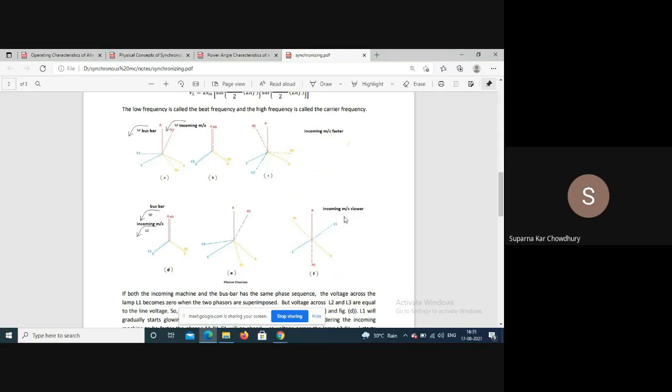Now consider that the incoming machine is slower. So in that case, what is happening? Say this figure and this figure are same. So this figure, this is coincident. So this is dark and these two are equally bright. Now the incoming machine is slower. So for the next instant, the machine